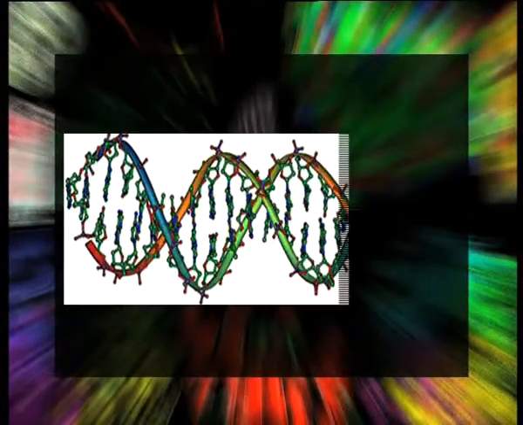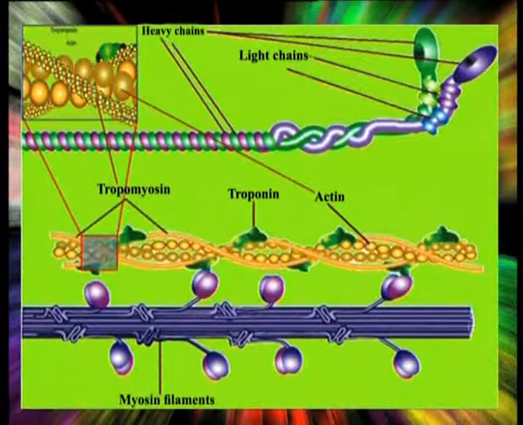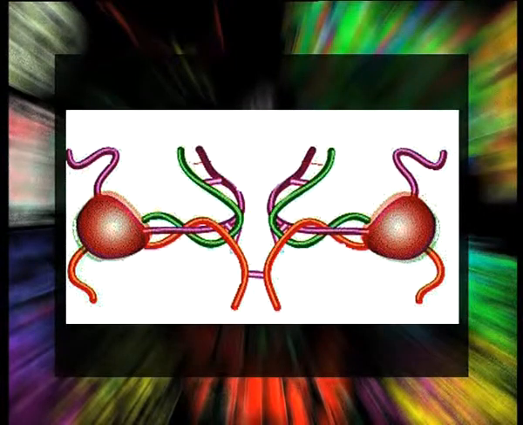Single alpha helices are usually less than 45 angstrom long. However, two or more alpha helices can intertwine to form a very stable structure, which can have a length of up to 1000 angstrom or even more. Such alpha helical coiled coils are found in myosin and tropomyosin in muscle, in fibrin in the blood clots, and